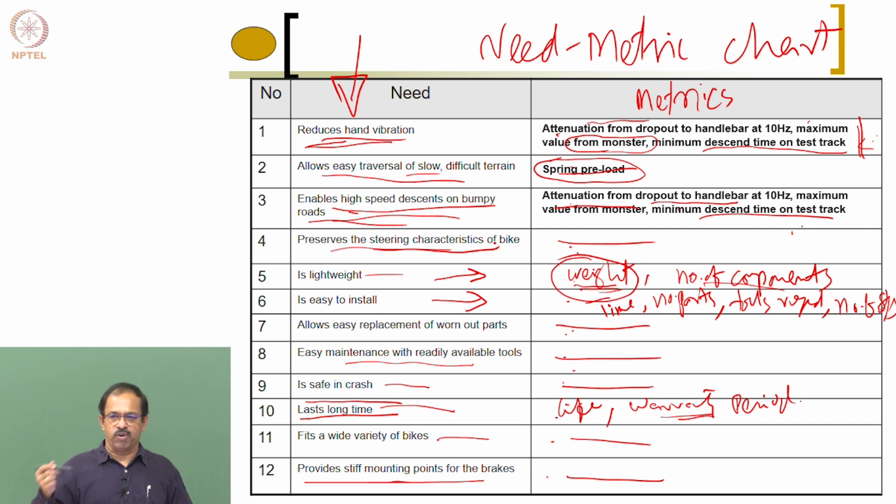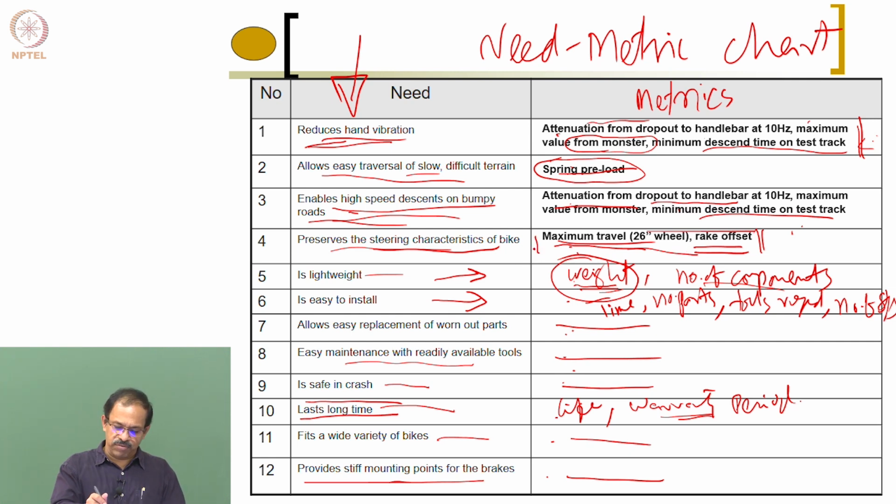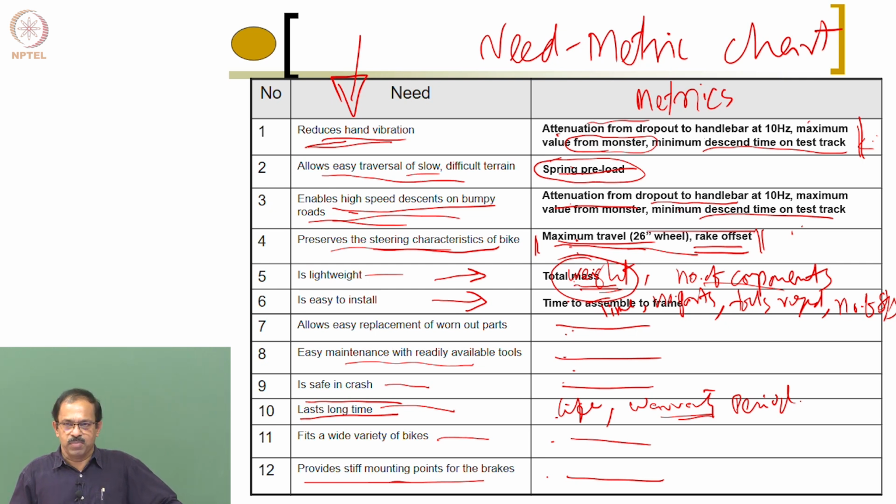Preserves the steering characteristics of bike. Maximum travel with the 26, basically specifying what steering you can make with a 26-inch wheel, and the rake offset, that is the offset from the wheel and the rake. It is a bit specific to that particular design, so you may not understand it here, but whatever you identify from these needs, you need to convert into the specification. So total mass, time to assemble to frame, time to assemble, disassemble,